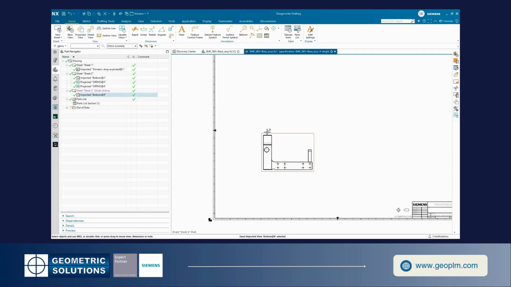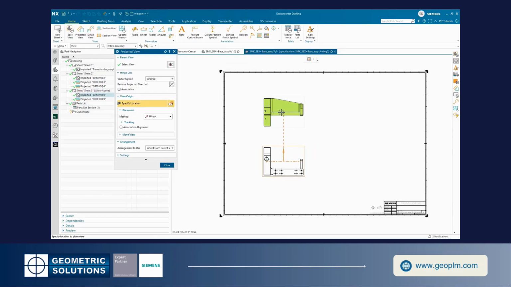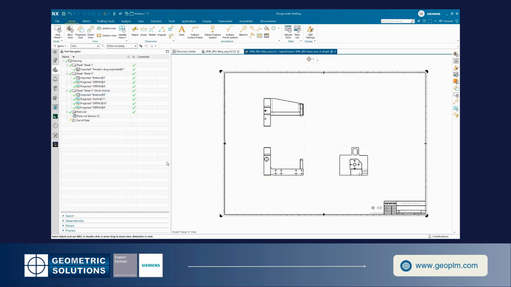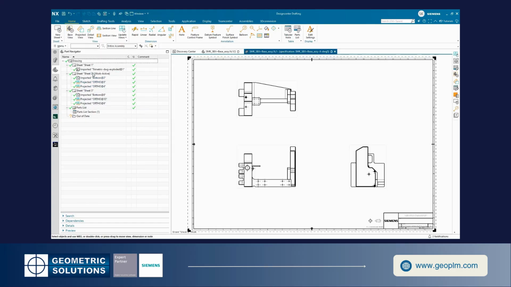So in this case, I want to project this to the top and also to the right. That's how quickly I can use this particular method to create a detailed view of the drawing in the context of the assembly. What we want to do next is start adding some of the critical